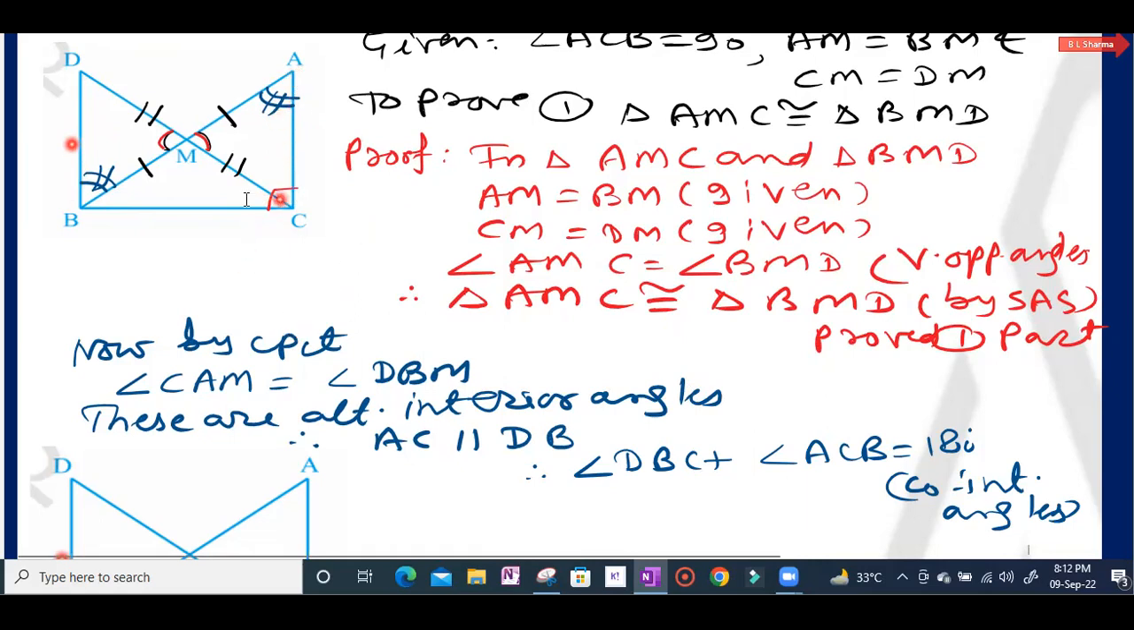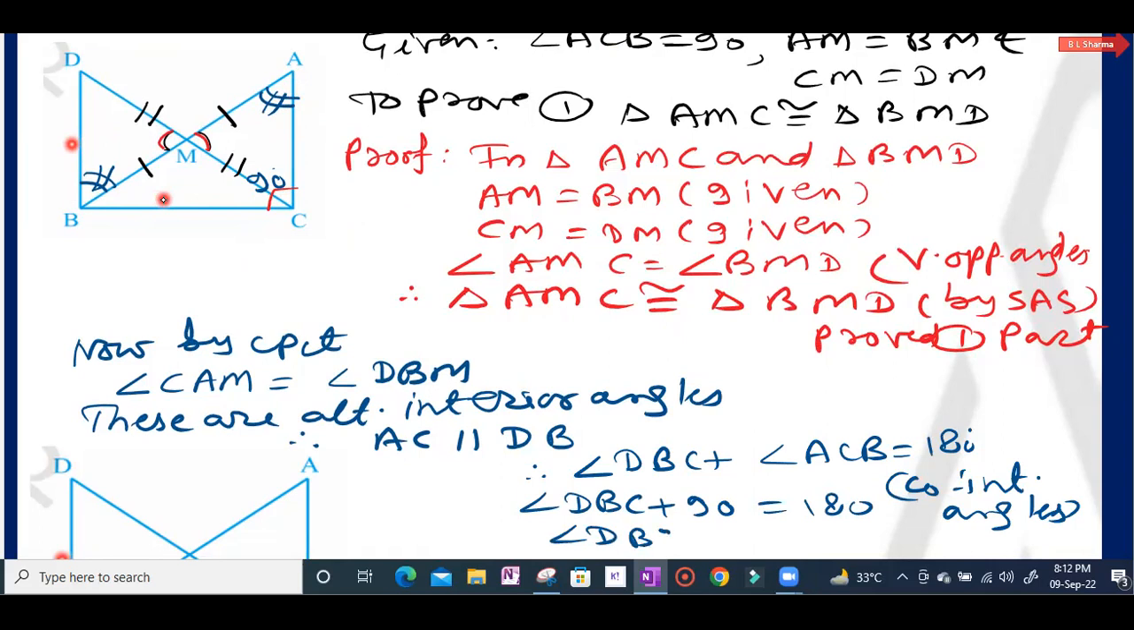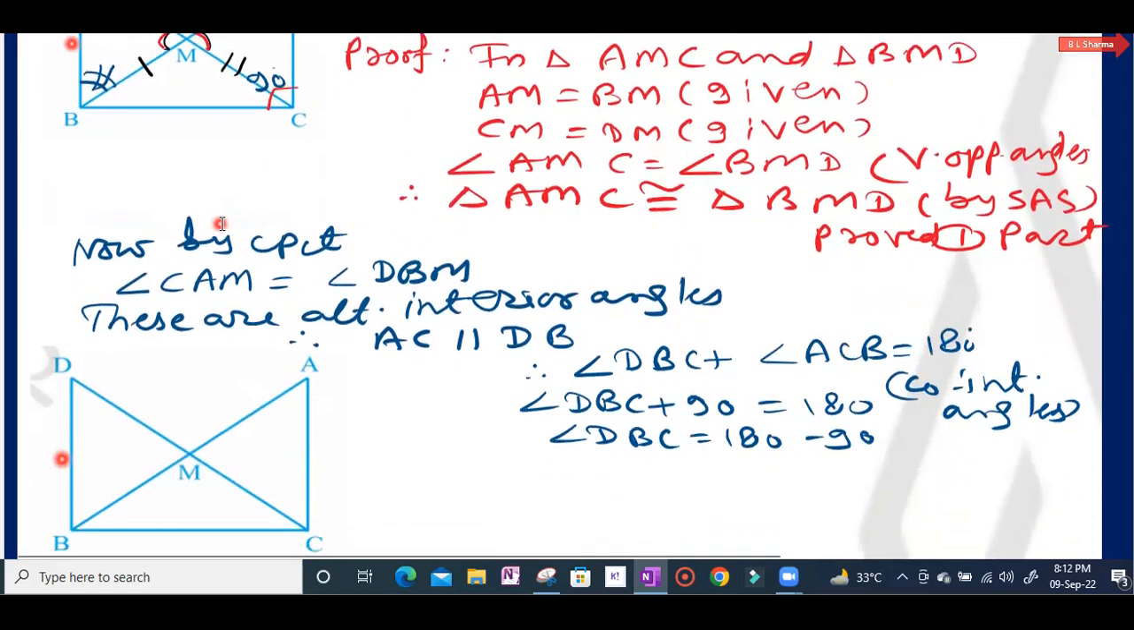Angle ACB is already given 90 degree, so angle DBC plus 90 degree is equal to 180 degree। So angle DBC is equal to 180 minus 90, that is 90 degree। This is proved, second part।